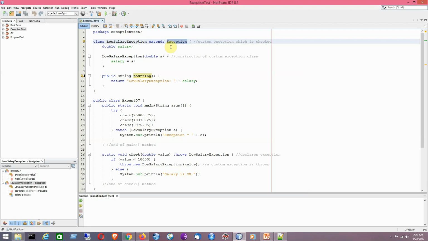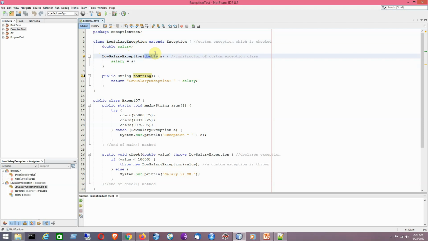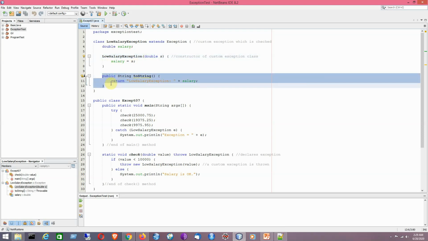Now this custom exception has an instance field of type double named salary. So this is the instance field of the custom exception. Now we can have the constructor. Here we can have a customized message, like we are going to print the value of the salary. So we are going to define the custom exception and its constructor here. Now we have a string representation of the message. In that way the custom exception has been defined.